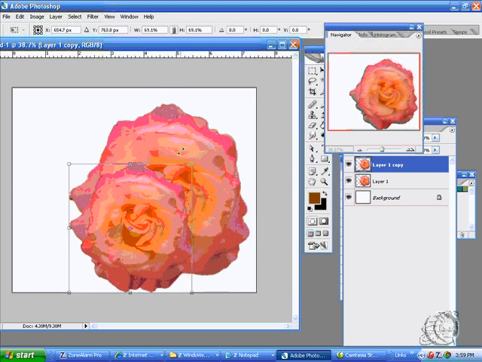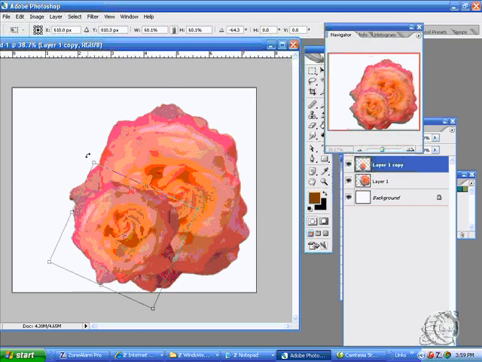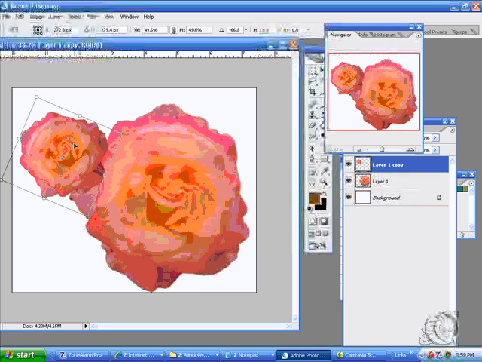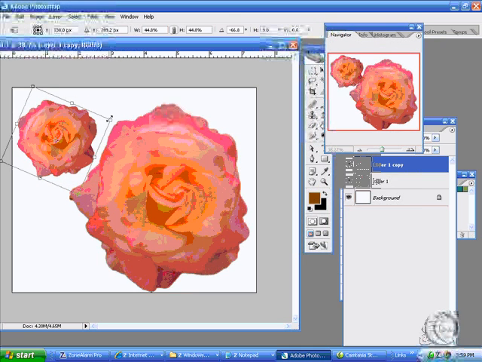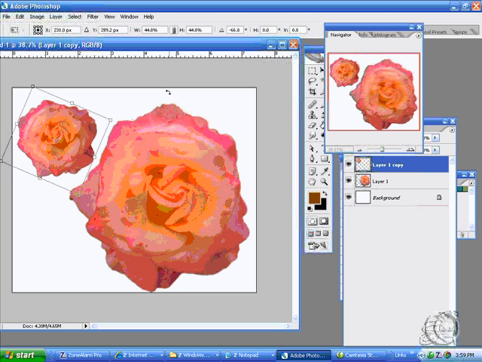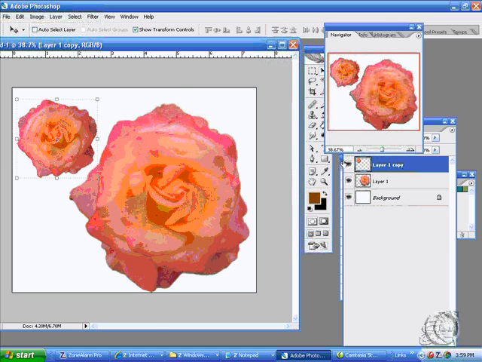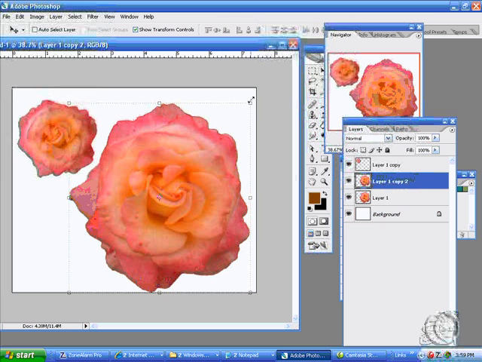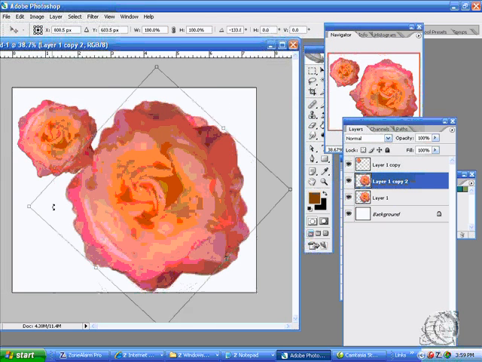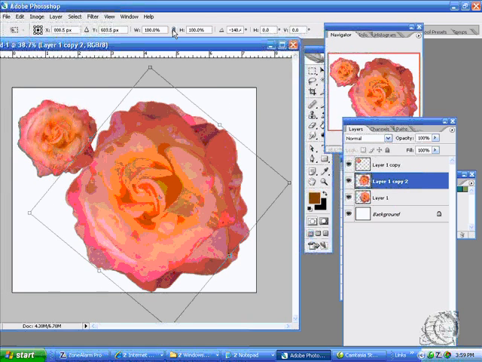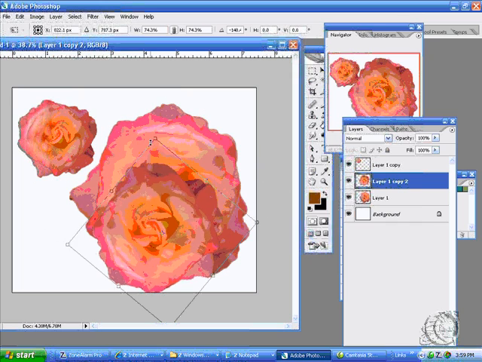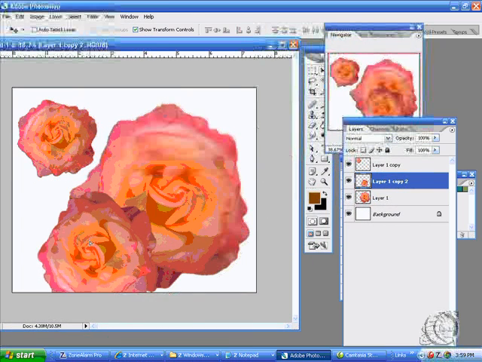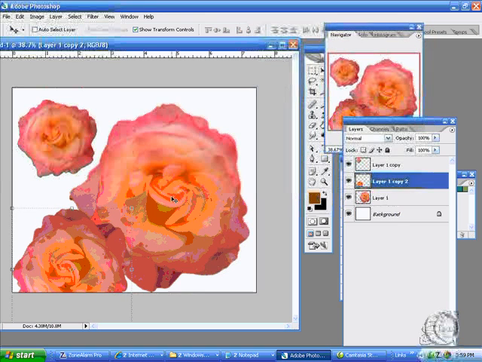stays in proportion, and I can change the size, and now because I have the bicubic on, this will stay nice and tonal. So I can turn it around and then hit the enter key, and I can make another copy, and I can turn this around, click the corner, pull it in, hit the enter key, and now if I have this flower off the side of my document,